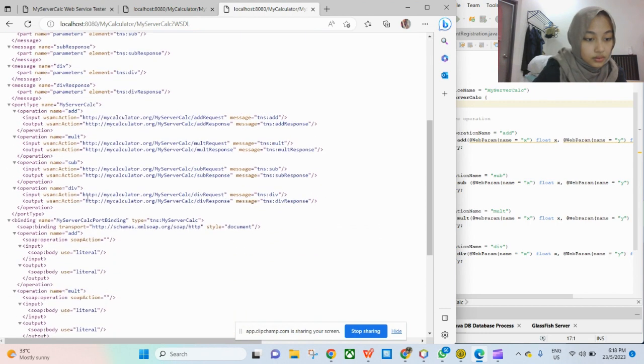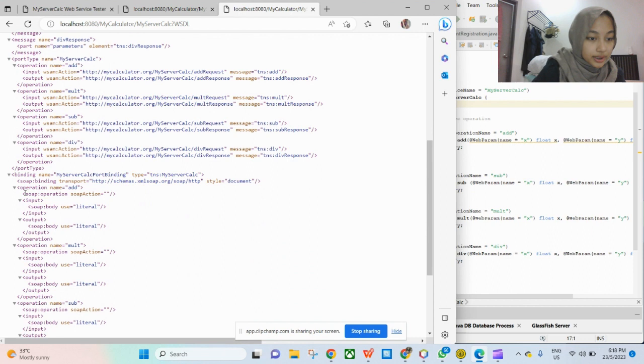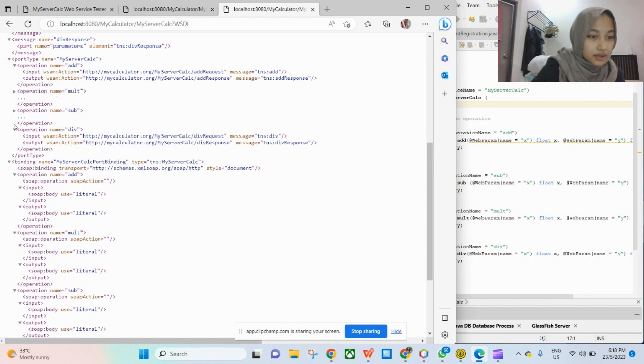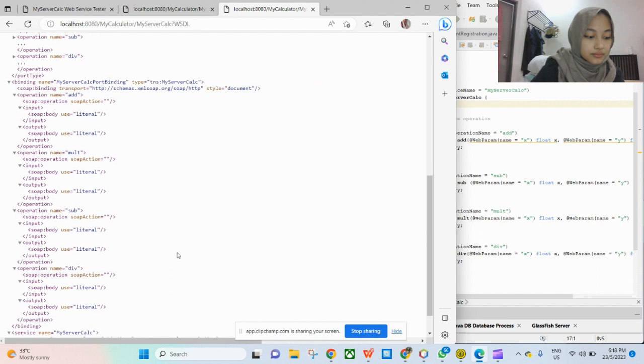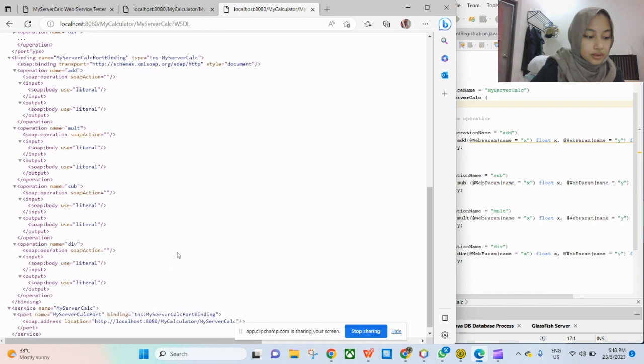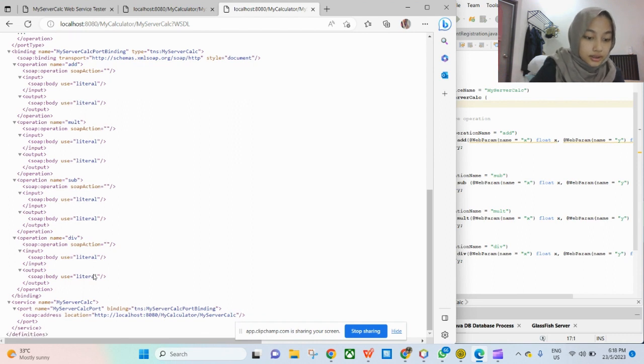We also have the operations over here. You can see the operations for subtract, multiply, division, add. Okay, the operation is under the SOAP action. It specifies the action or operation that should be performed based on the SOAP message. And then